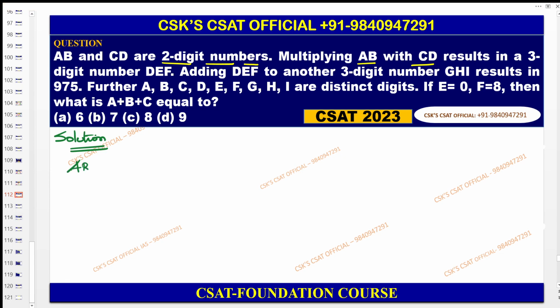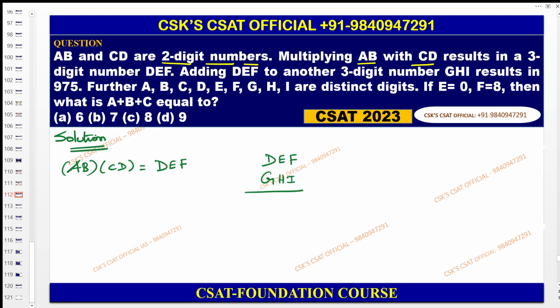Take the data also. That 3-digit number is nothing but DEF. When that DEF is added with another 3-digit number, GHI,